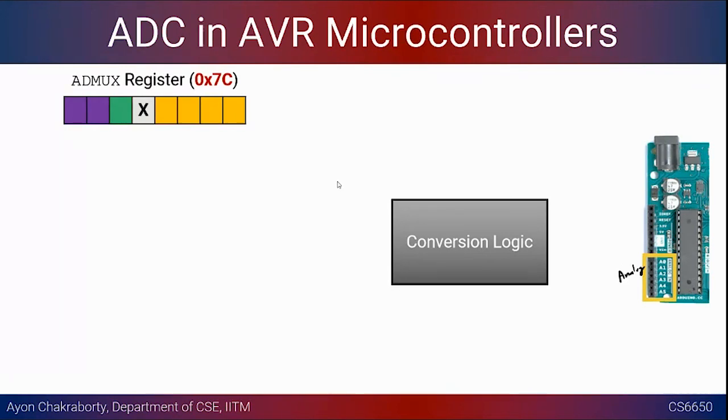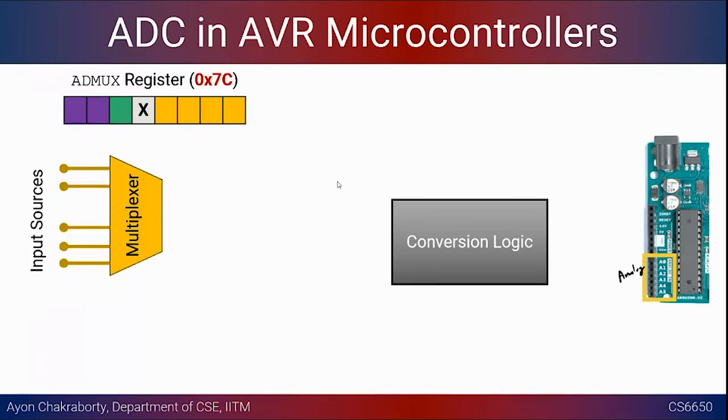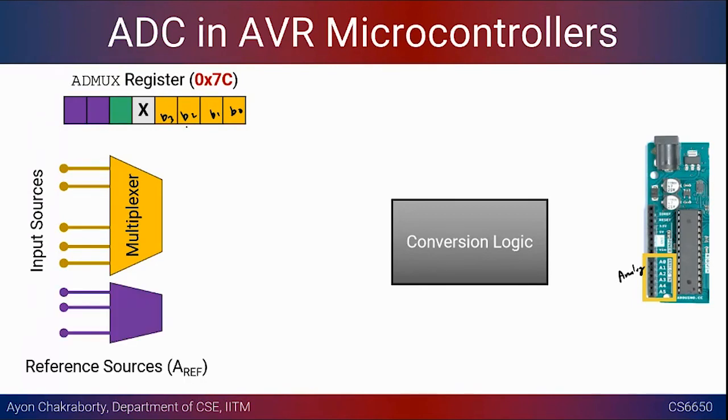So this will tackle two things. First one is choosing the input source, so that the address of that input source will be encoded here in these 4 bits, let's say B0, B1, B2, and B3. So these 4 bits will determine what is your input source, where you are putting your sensor, from which line the analog signal is going to come in, and the other thing is the voltage reference, right? That is also going to be chosen. So these are the 2 bits here, B0 and B1. These are the 2 bits that will determine what is the reference source.